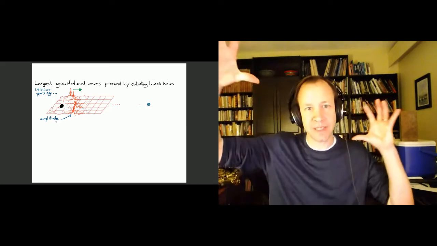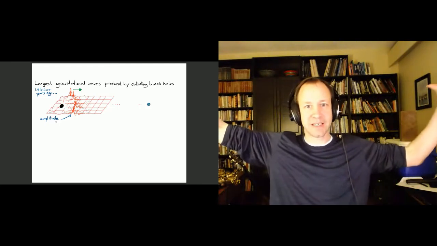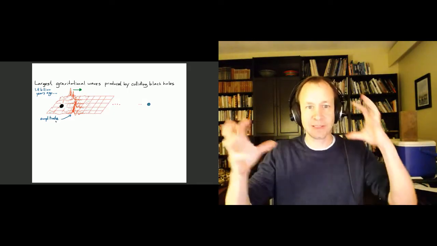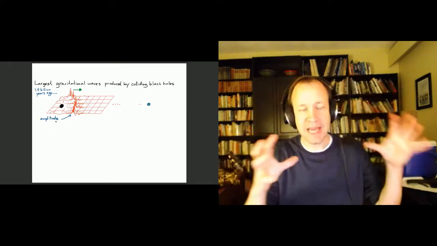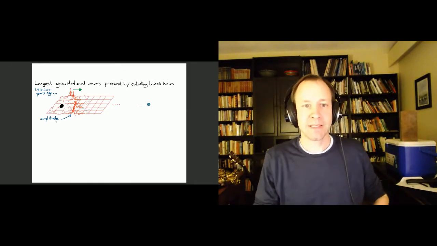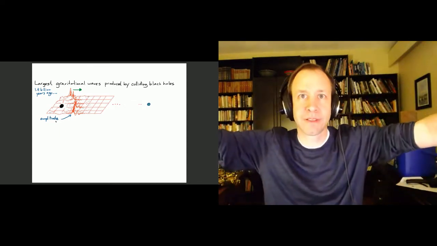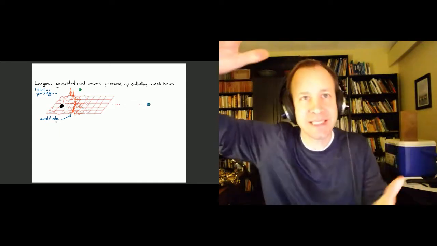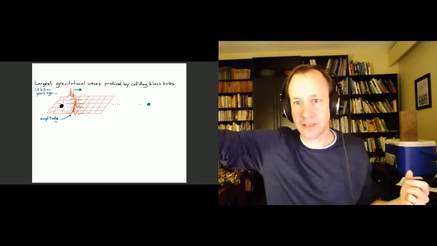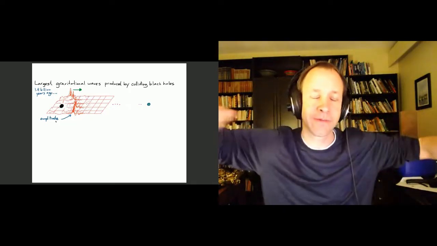So these cosmic collisions of gigantic black holes will produce very large gravitational wave signals, severe distortions of space and time near that collision. And then they travel through the universe. And like light waves, their intensity decreases. So the amplitude of the gravitational wave gets smaller and smaller as you go further and further away